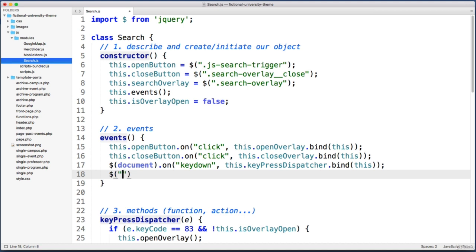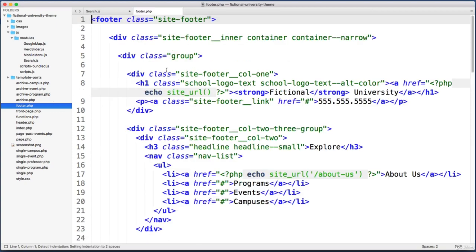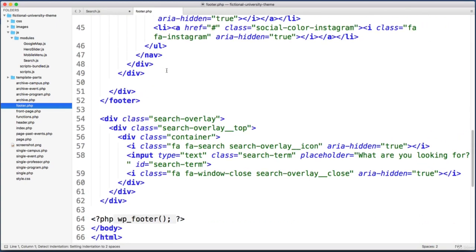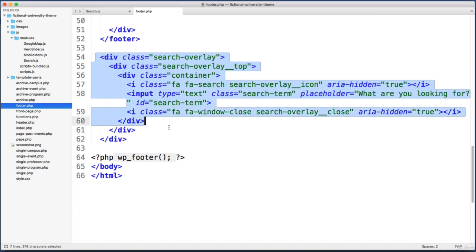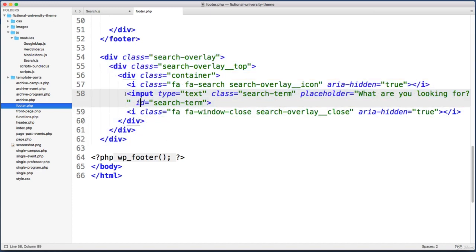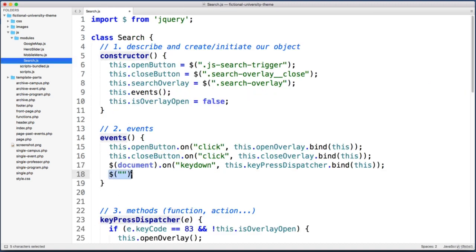I can't remember the class or ID of that element off the top of my head, but if we jump into our footer.php file and scroll down to the very bottom, remember this is where we wrote that little bit of search overlay HTML. So here's the input element, the text field, and you'll see that we gave it an ID of search-term. So back in our JavaScript, we can select that element by saying hashtag to look for an ID and then just type it out,